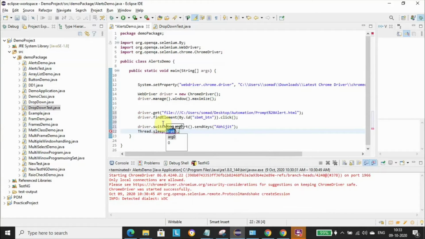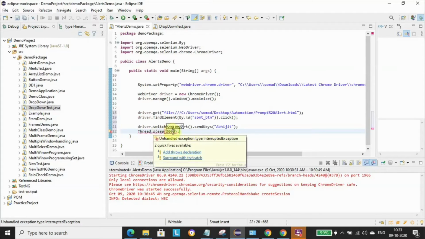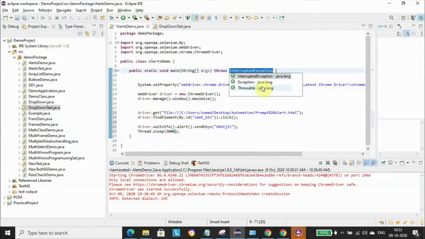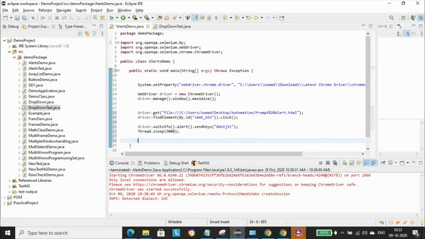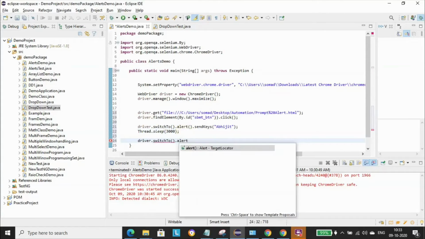So basically I am providing the name Abhijit and then clicking on the OK button. Before that, we will give some wait time of around 3 seconds so that we can see how the action is happening. Then driver.switchTo().alert().accept().